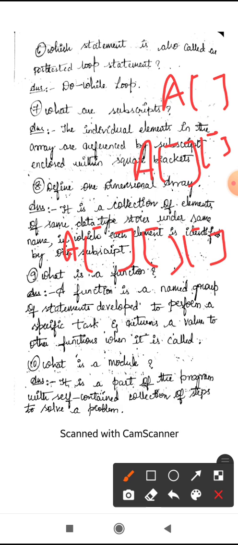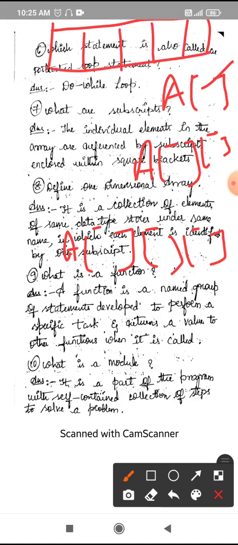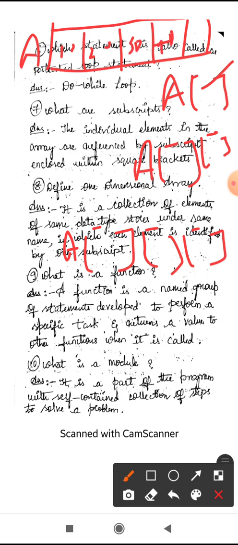So subscripts are what? For accessing the array elements, somehow we have to reference the array elements by using the subscripts. So array elements will always be represented like this. Here array name will be presented, and here all the elements inside that will be presented. For example, 10, 20, 30, 40, 50 will be there, and here array elements A of 0.